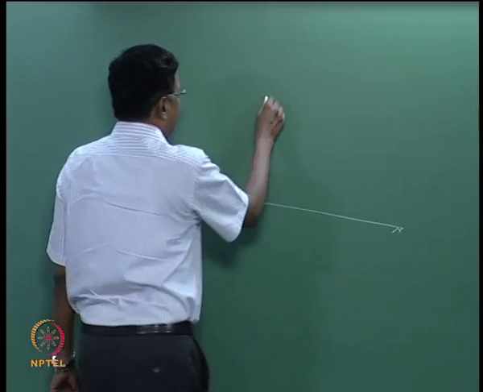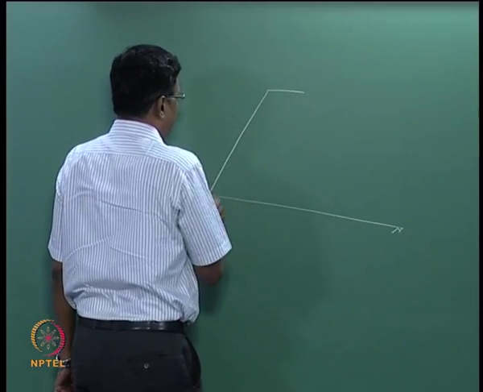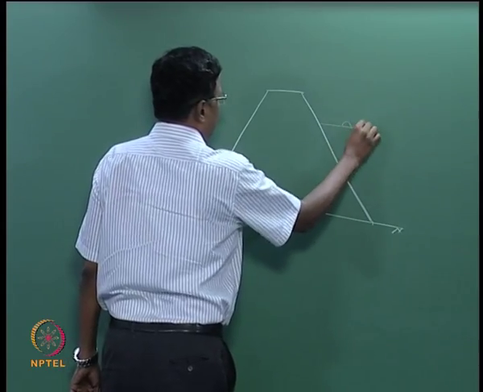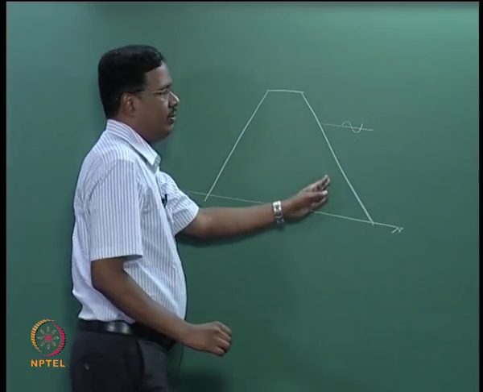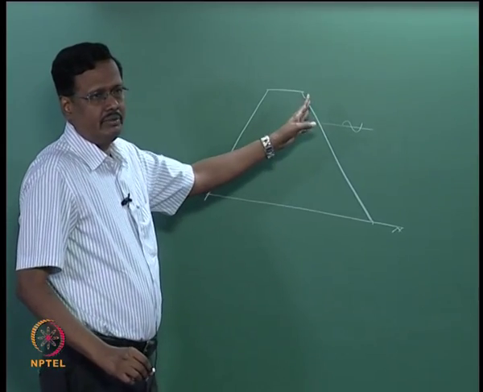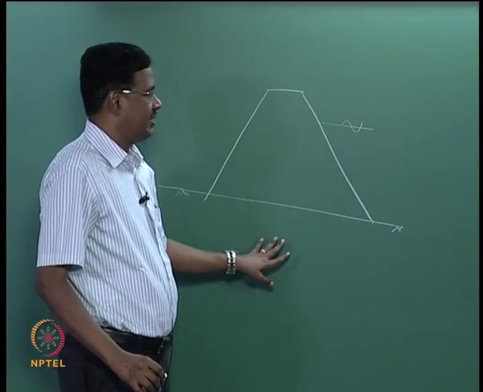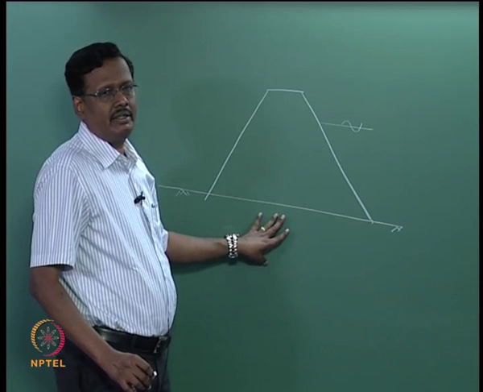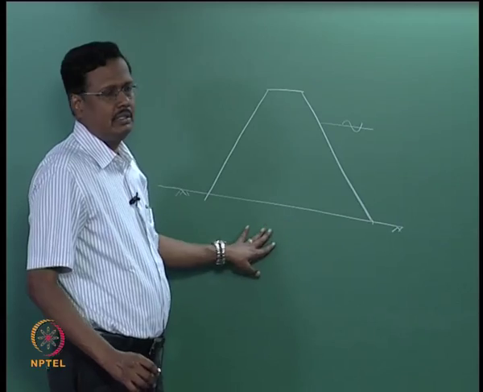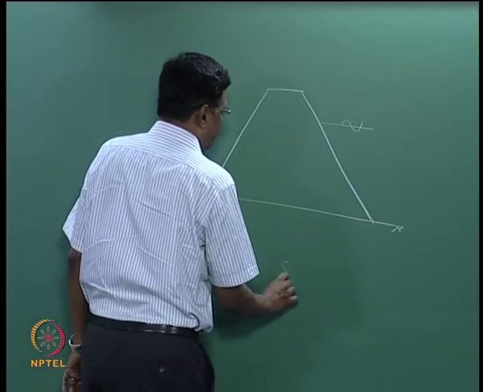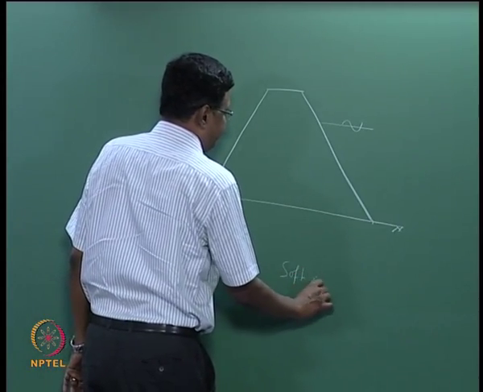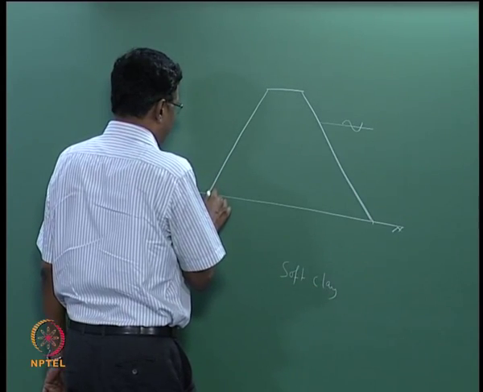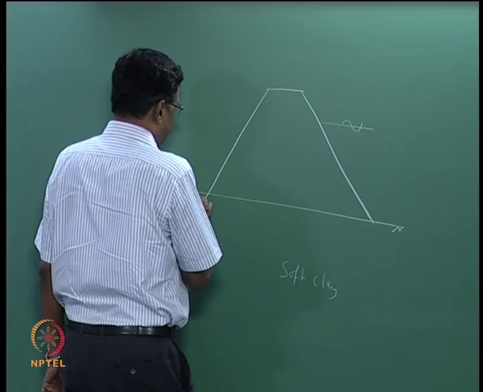So what happens is, if I draw only the outer boundary of this breakwater, this is your water level. We calculate the armor units and other things based on the wave height and wave period. We have never discussed anything about the subsoil. If the subsoil is dense sand or rock, there is no problem. Suppose there is a soft clay deposit here at the bottom, what happens is whatever material you are putting,